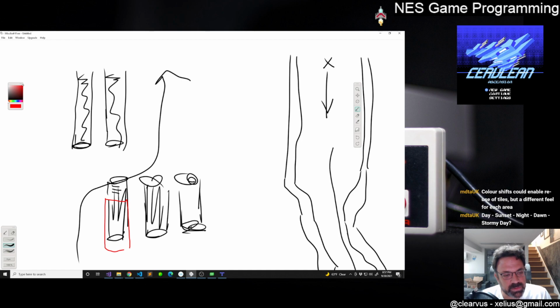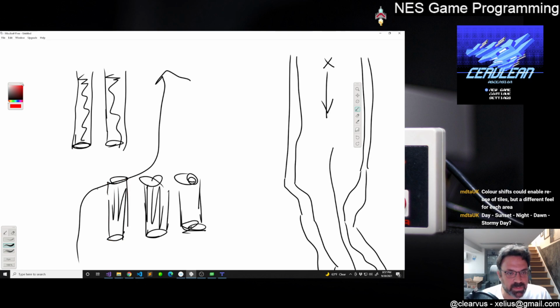Although if you collide with it from the front, I'd have to figure out how that would work, to give that sense of there being some depth to it. You don't want the whole thing to be collidable, right? Because then that just feels weird. I mean, I guess I could, but